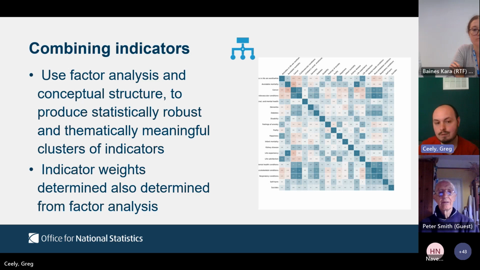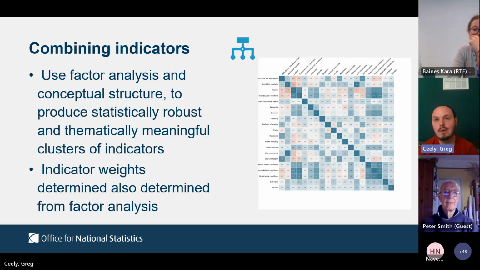I mentioned that one of the features of factor analysis is to use it as a reductive tool, so to reduce the number of elements which need to be measured. In the same vein as how we were balancing user needs and statistical evidence for determining the groupings a moment ago, we used the same principle when removing potential elements. An example of this is we want to have a comprehensive enough collection of indicators that users can find a suitable proxy for whatever it is they want to measure. And so actually reducing to the fewest number of indicators possible isn't in our best interests for making something meaningful to analysts and the public alike.